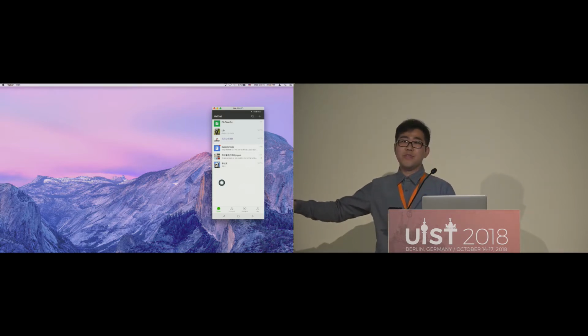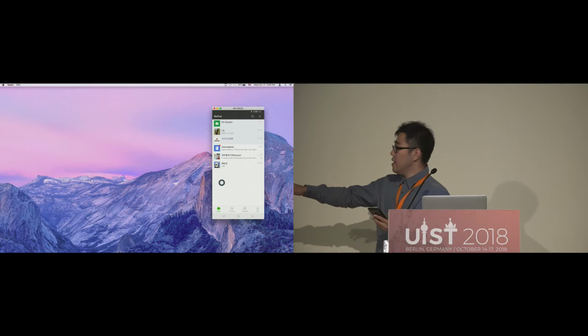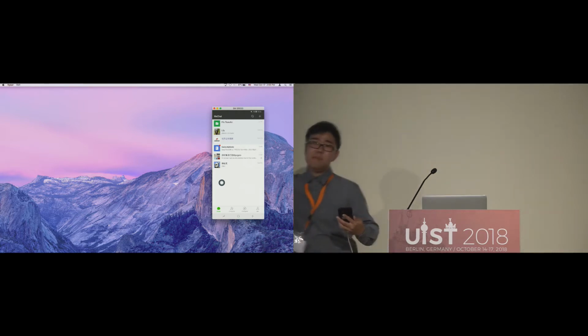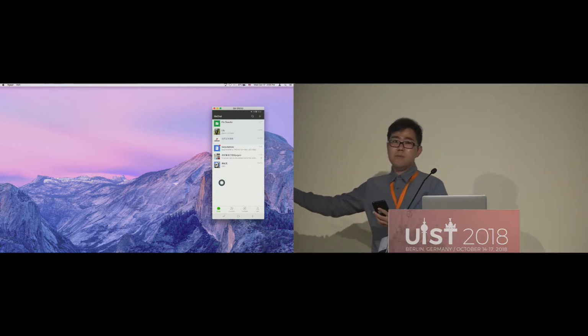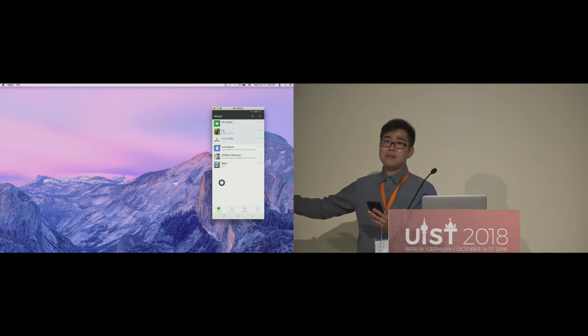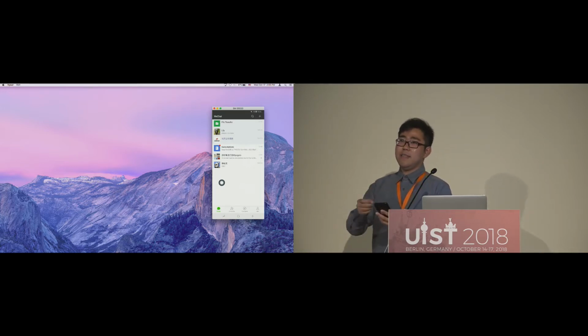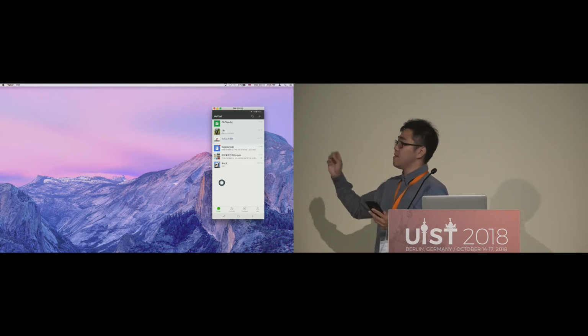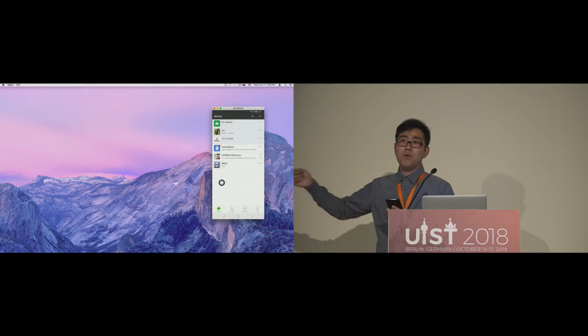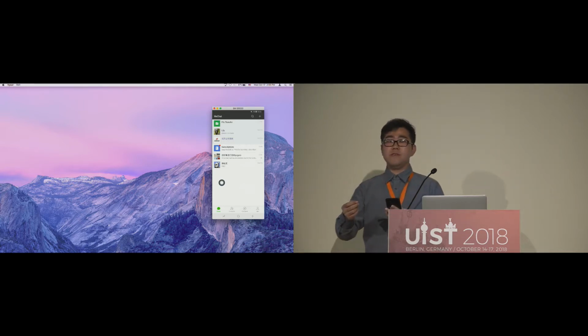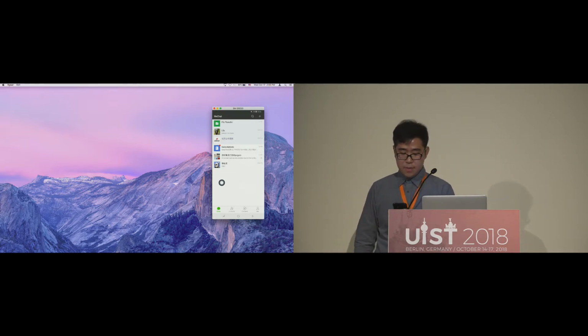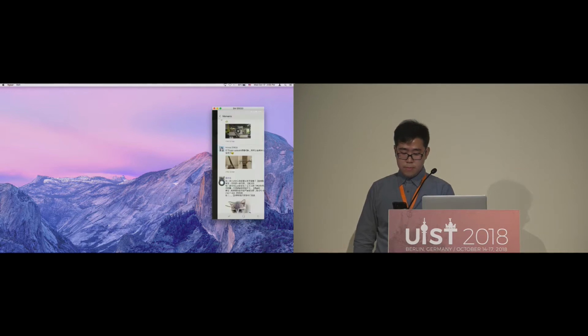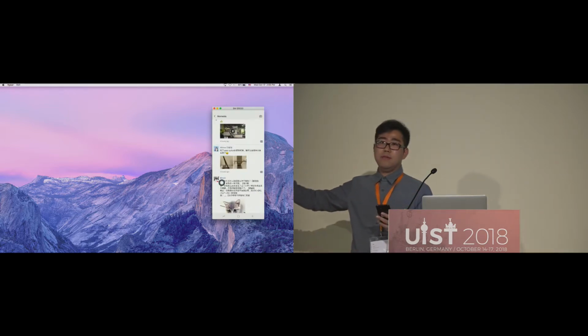WeChat has a lot of built-in features. Often we need to tap the buttons and choose from menus to access them. And now in this app, I can directly access these features. For example, the moments, which is a kind of friend social feed, something like that. So it opens the